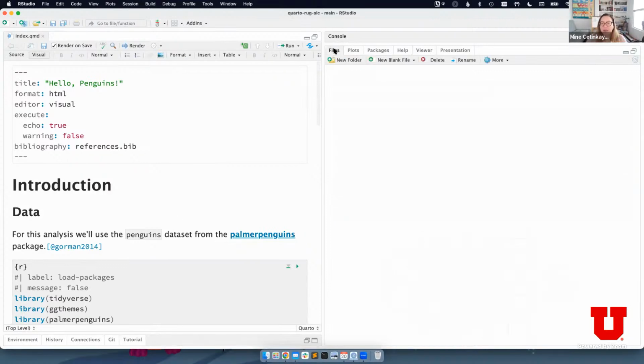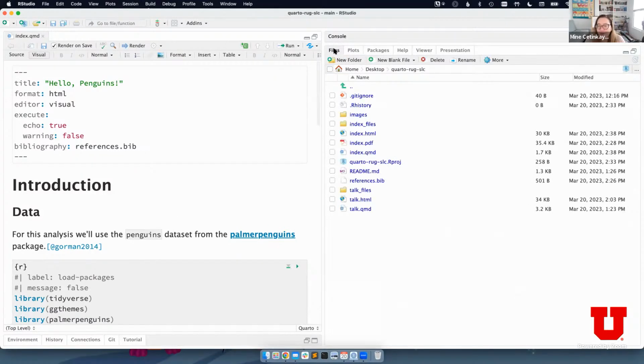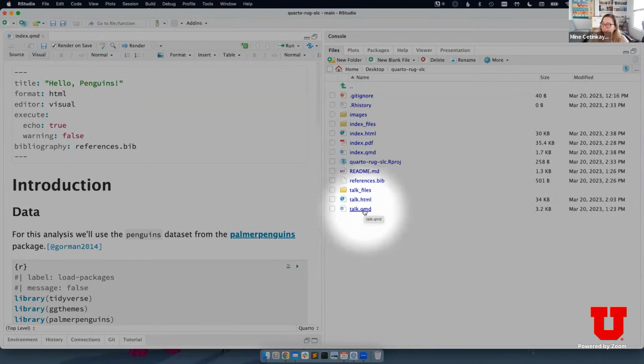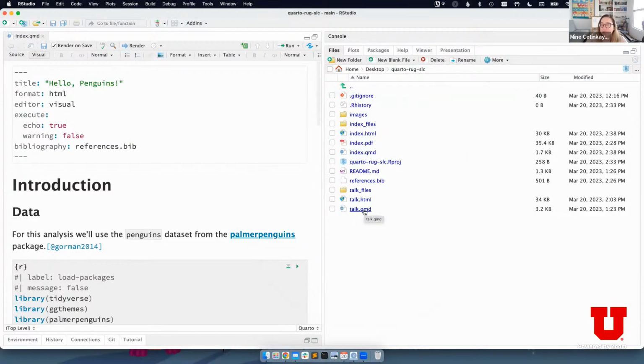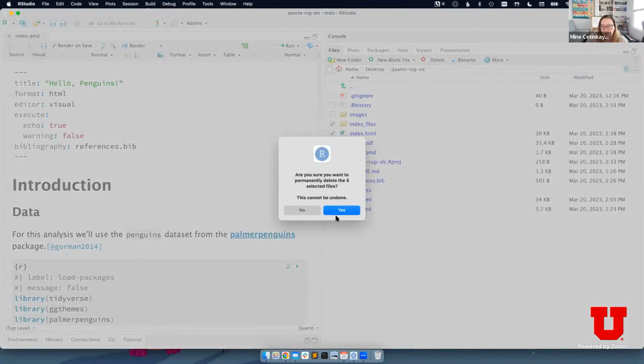And right now in my folder, I have 2 Quarto files, the index.qmd that I've been working with so far, and then I also have my talk slides that I walked you through at the beginning. What I'm going to do is a little bit of cleanup. Let's go ahead and remove any of the output, so HTML or PDF output or any folders that contain anything related to my output, so that I can show you